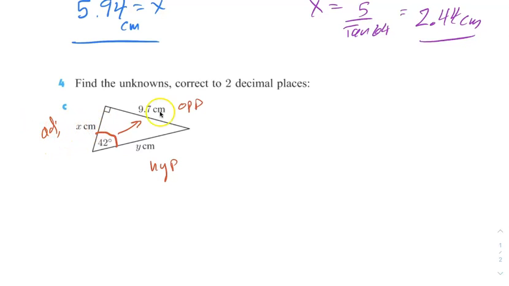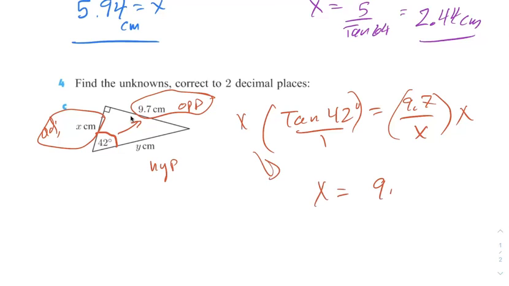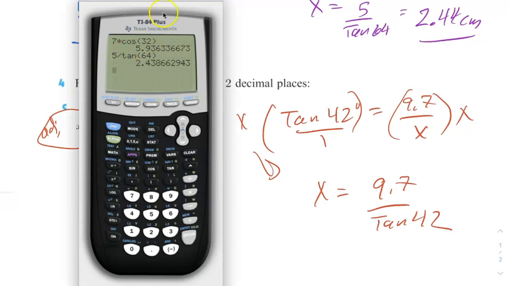So in this case, if I solve for the adjacent one, you just gotta pick two. Let's do opposite and adjacent, so that's a tan again. So tan of 42 would equal 9.7 over x. Solve the exact same way. Multiply by x, divide by tan of 42. I'm just going to do it all in one move here. So 9.7 divided by tan of 42. We'll type this into our calculator. They want two decimal places this time. And I get 10.77